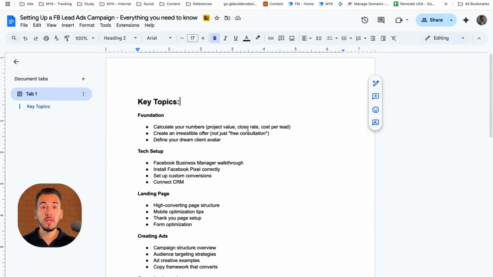Before we dive in and start setting up the campaign, it's really important to cover some foundations, because I know there's a lot of advertising out there. A lot of people come in saying, oh, you can generate leads for $5 or this or that. And there's a lot of misinformation out there. So I'd like to clear the waters and show you exactly how we get those predictable results